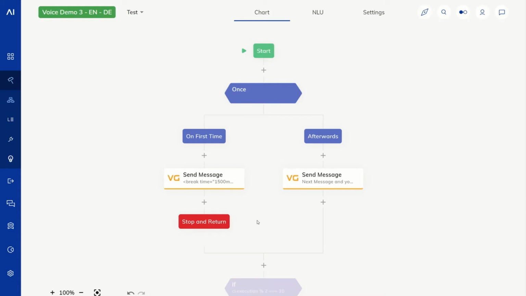The reason why we've done that is because the Voice Gateway conversation always starts with a data only message, so a message that doesn't contain text. If we want to return a welcome, then we can do that here in this part and then stop the flow. And then the next message that's coming in from the user is going to go through this afterwards branch.